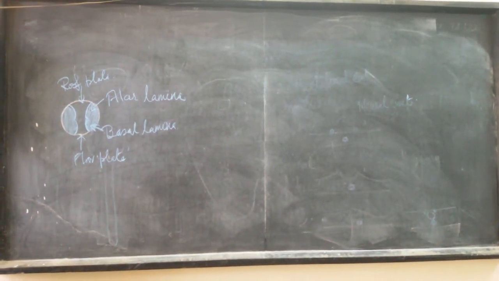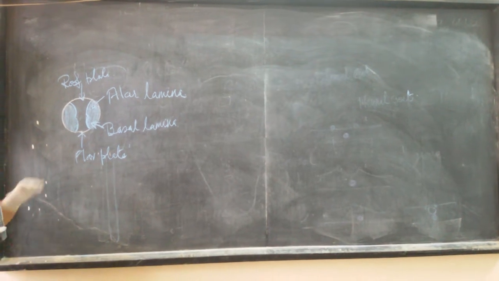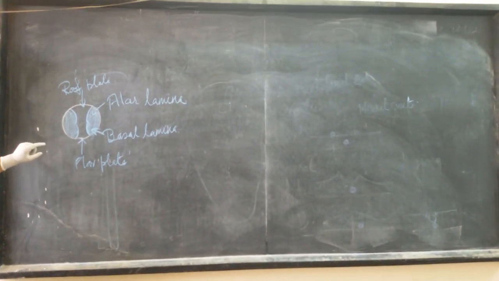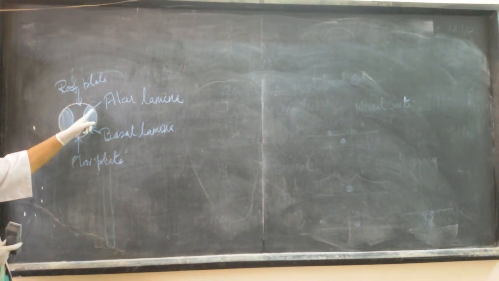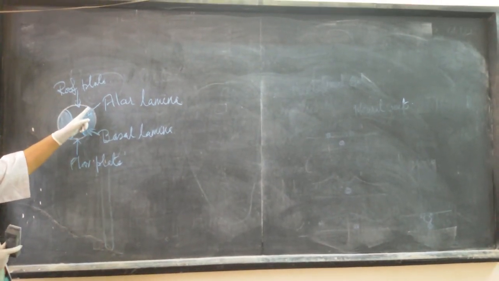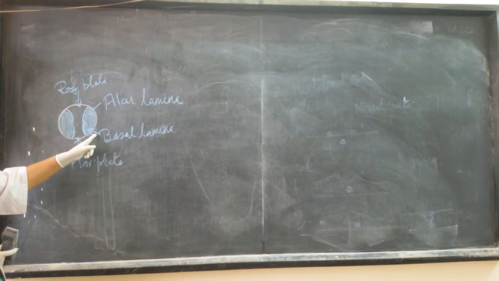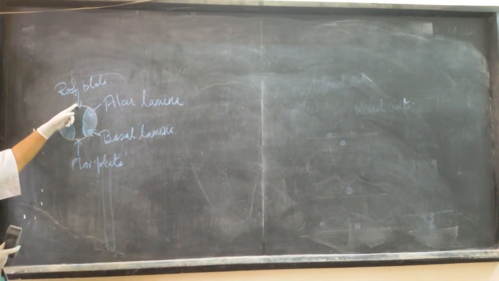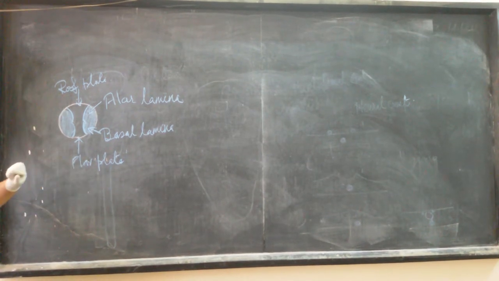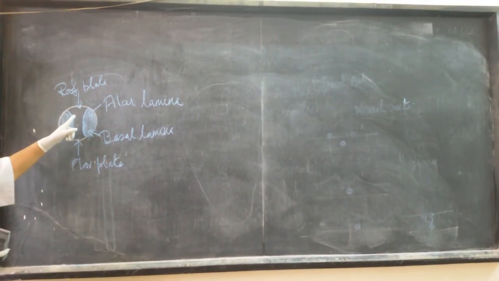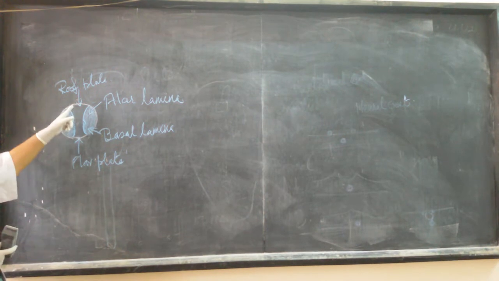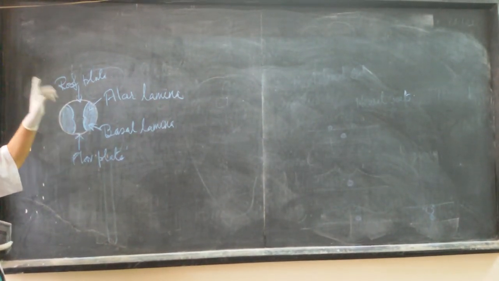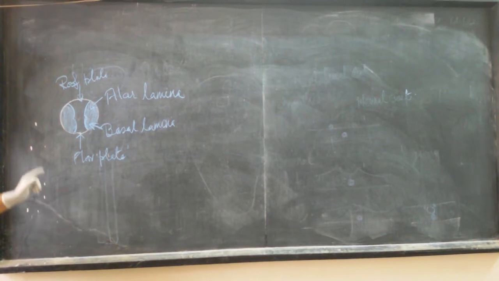In this way, the tubular spinal cord is subdivided into different parts. The thickened lateral regions divide into alar lamina and basal lamina, and the thin portions, dorsally the roof plate and ventrally the floor plate. This is the cavity, the central canal, and this notch which forms a sulcus longitudinally is known